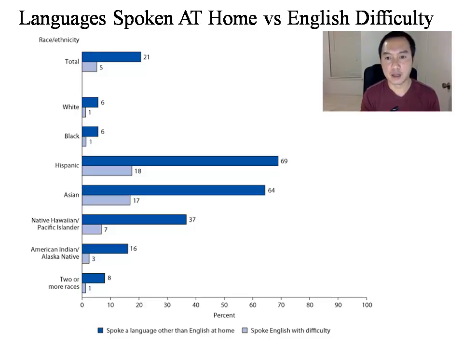Breaking down these statistics by race, we'll see that for the Hispanic population, 69% of them speak Spanish at home, and 18% of the total Hispanic population spoke English with difficulty. The Asian population will have 64% speaking another language at home rather than English, and 17% of them spoke English with difficulty. For the Native Hawaiian and Pacific Islanders, 37% of them speak another language at home, and 7% of them